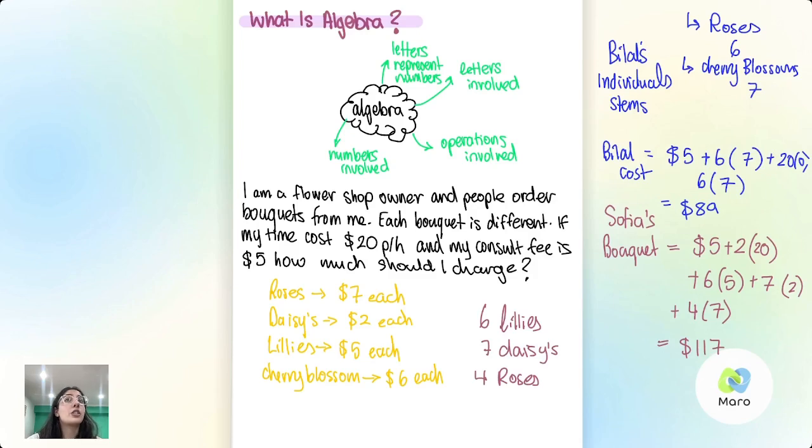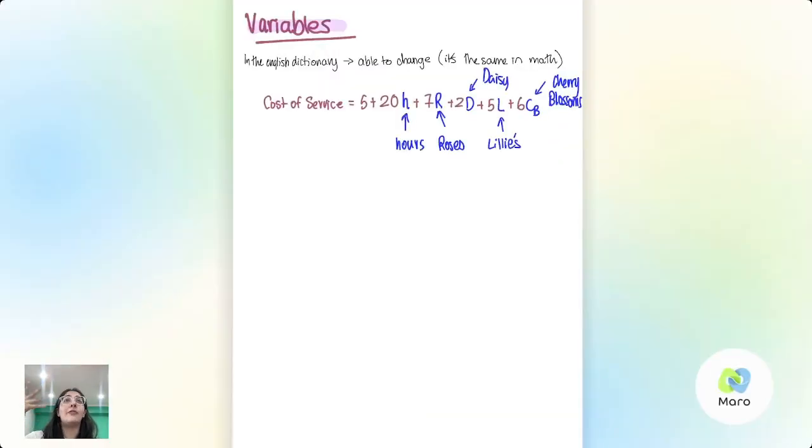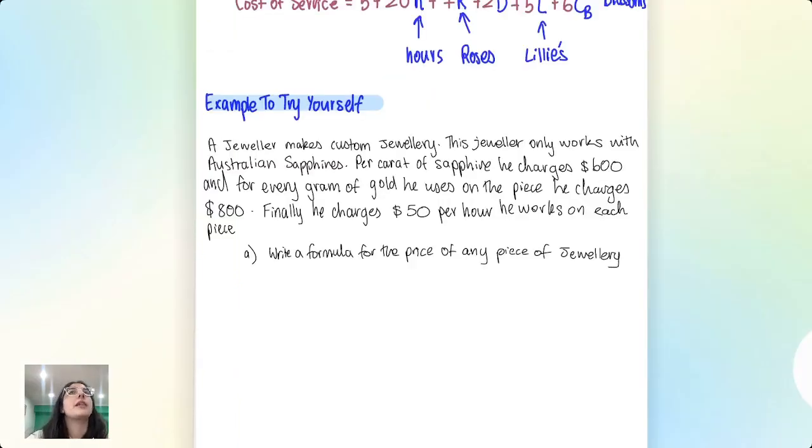So, I'm going to write another example for you guys, and I want you please to write down exactly what we did here: write down an actual variable equation for me to be able to calculate whatever the scenario is, okay? So I'm going to write a question for you, and I want you to start by doing that. This is the example I want you to do.